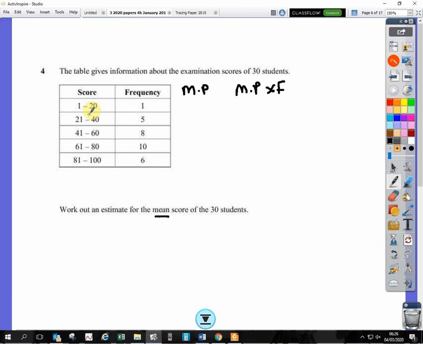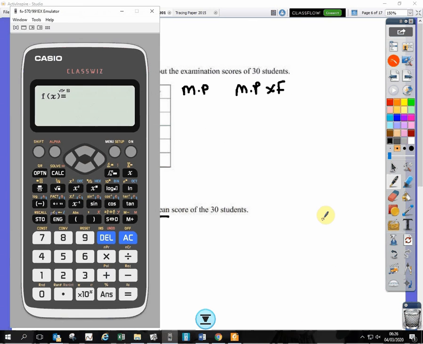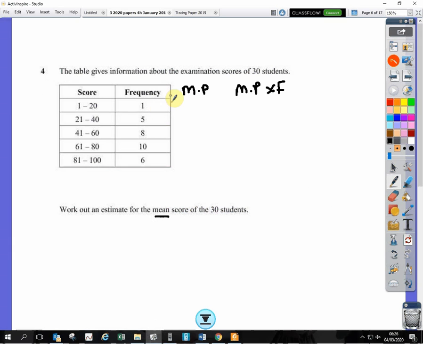The middle of 1 and 20, if you want to work it out, you can do it like this. 1 plus 20 and then divide by 2. And that gives you a middle of 10.5. So 10.5 in the middle. And if you do something similar for the next one, we get 30.5 and then 50.5, 70.5,